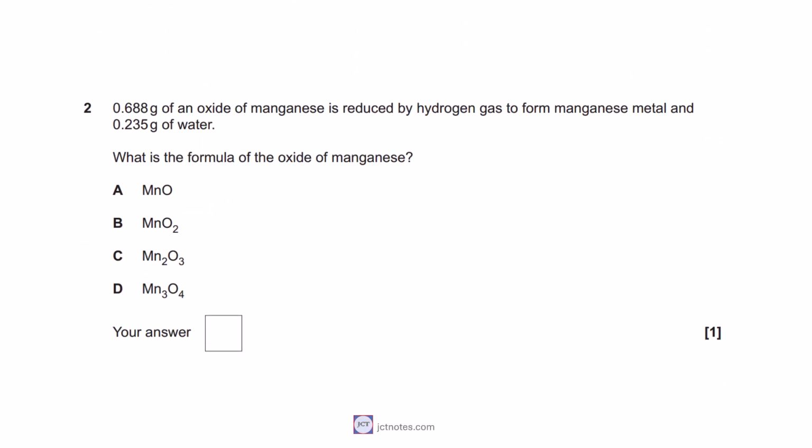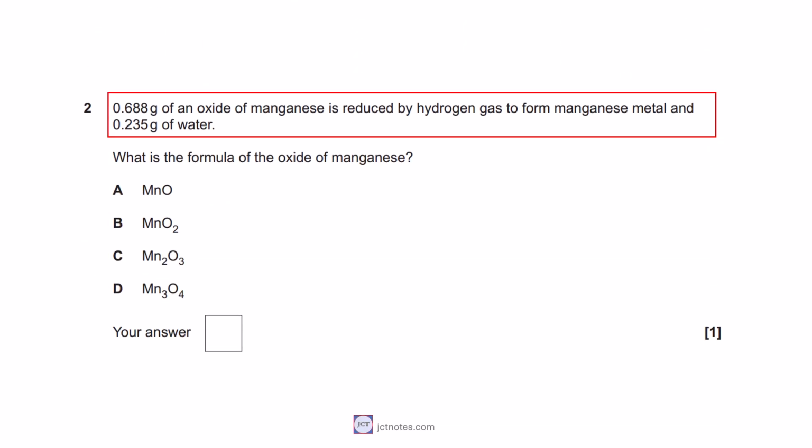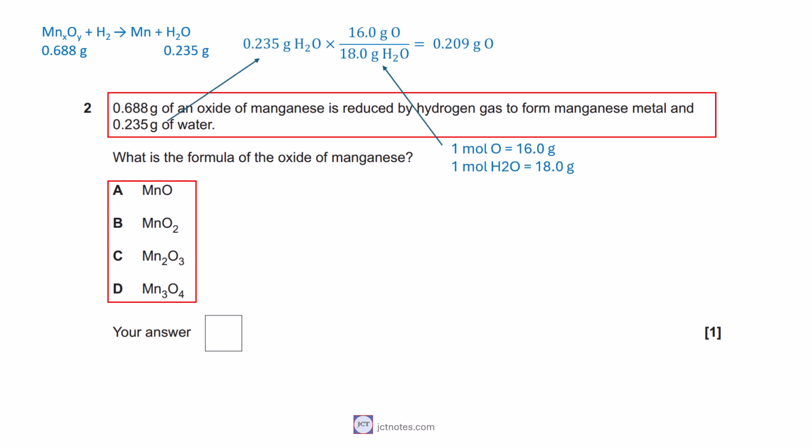In question 2, we have that 0.688 grams of an oxide of manganese is reduced by hydrogen gas to form manganese metal and 0.235 grams of water. We are asked to identify the formula of the oxide of manganese from the four provided. Writing the information provided helps to solve the problem. As each mole of water has 1 mole of atomic oxygen, 18 grams of water has 16 grams of atomic oxygen, then